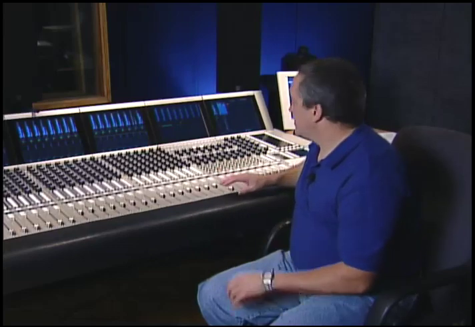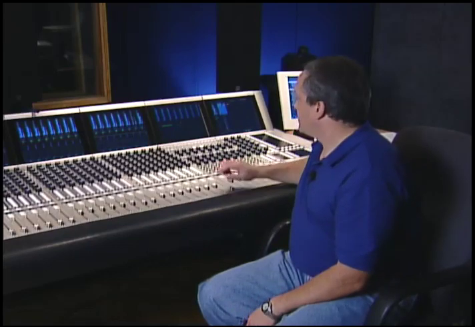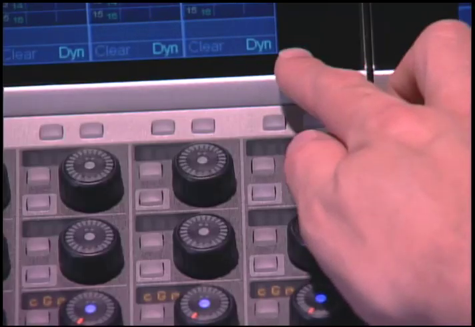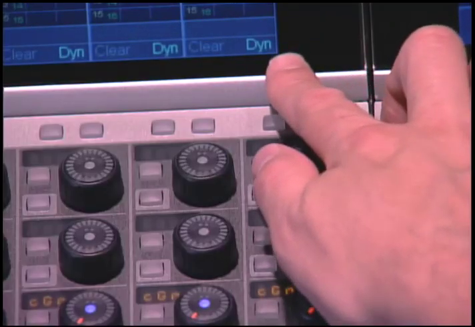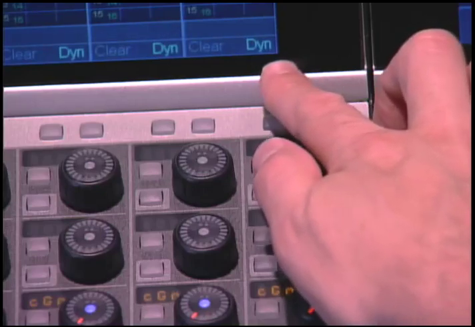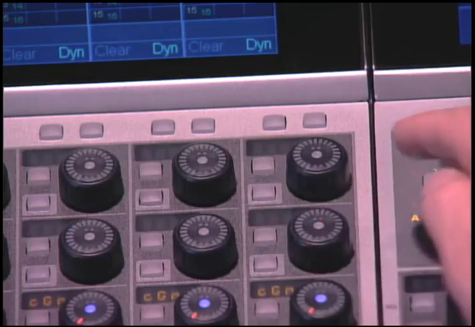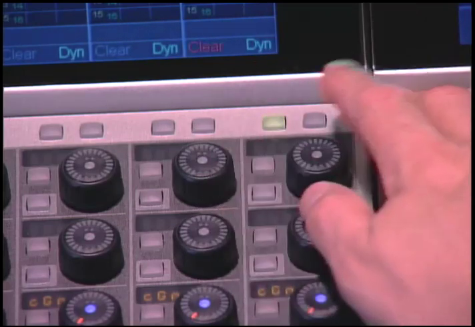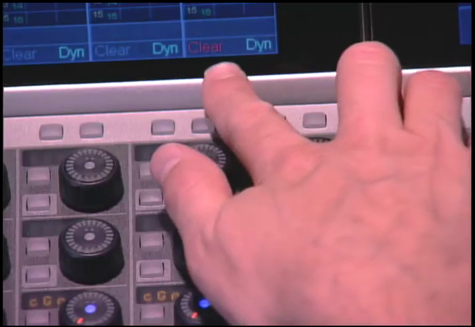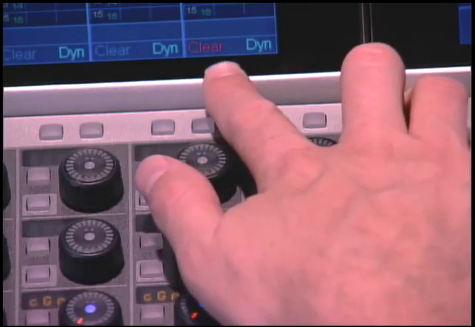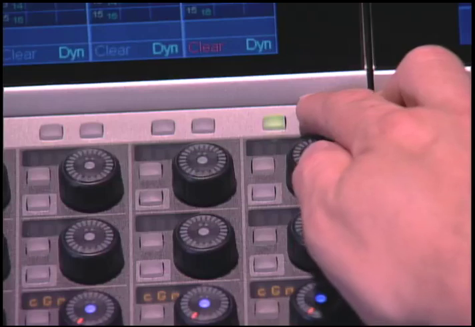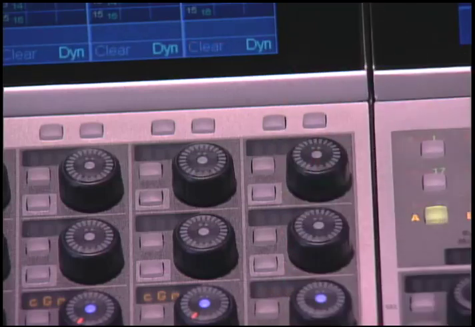To clear out a specific function and all the parameters on that specific function to start over, it's a very easy process. Whatever function that you have selected, on the TFT screen here at the bottom, you can see whatever function is selected. In this case, dynamics are selected. If I want to clear my dynamics out, all I have to do is tap on the left button that lights up the word clear. Whatever function that I have selected there now, I just tap on the right button and it clears out my